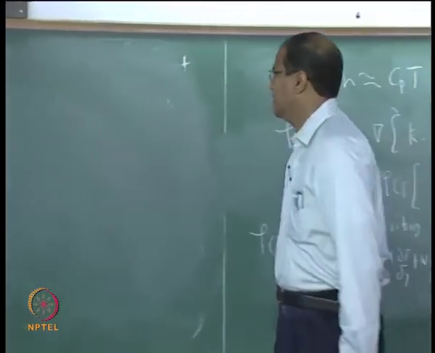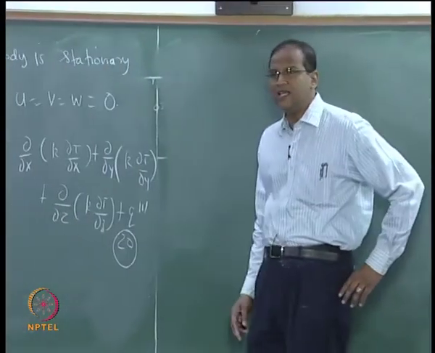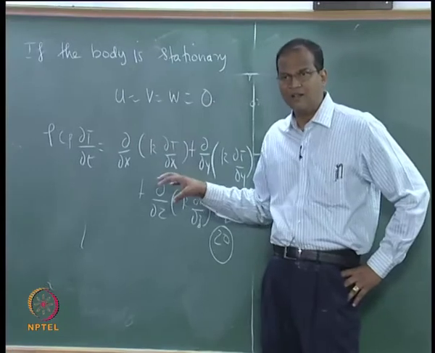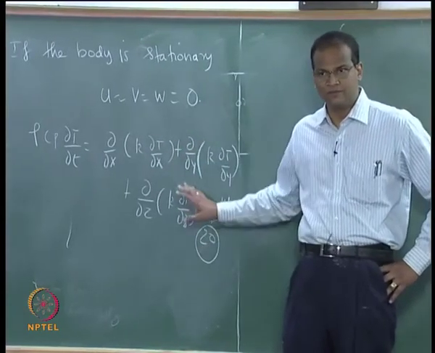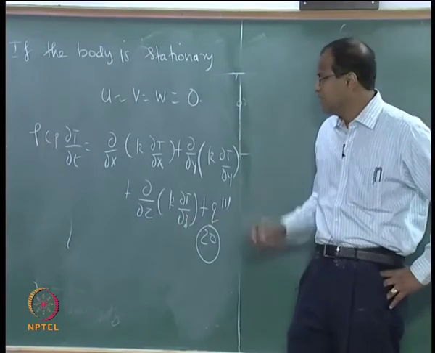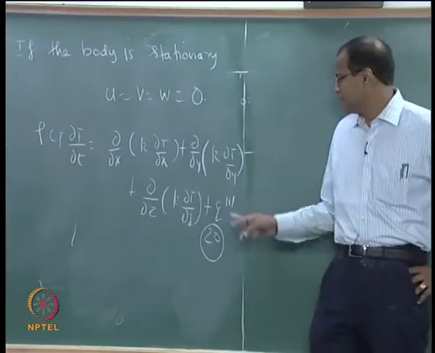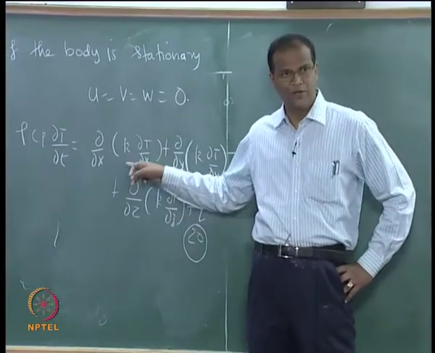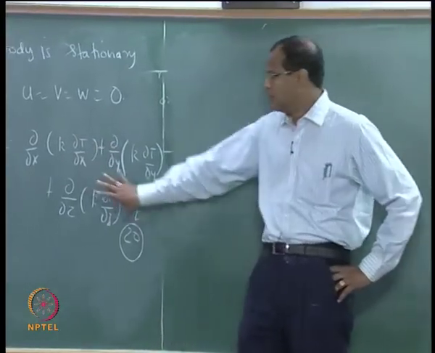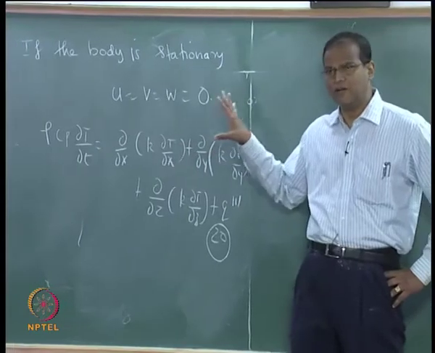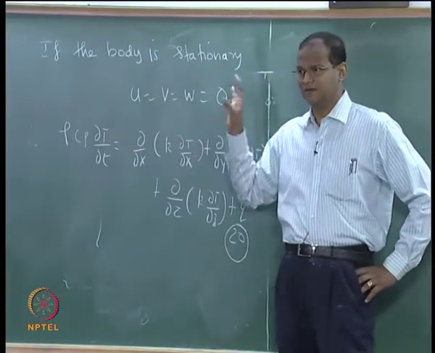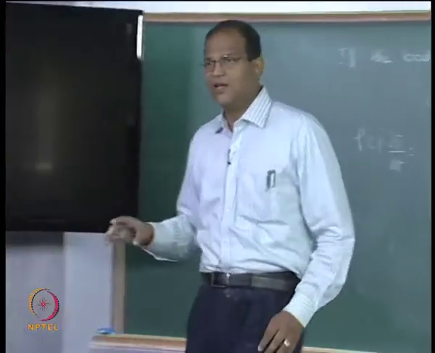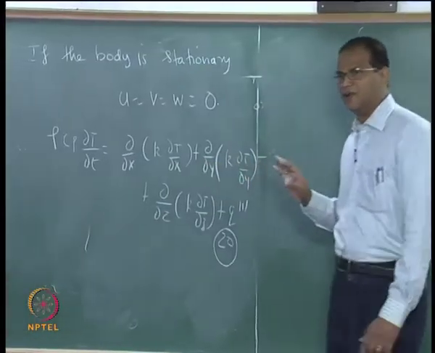Now, let us see. So, equation 20 is a very formal mathematical statement of the law of conservation of energy, wherein additional information has been injected, which as a thermodynamicist you do not know. A thermodynamics person is able to recognize this, but it is because you have studied heat transfer that you are able to put qx equal to k dT by dx. So, when information from particular laws which are applicable to particular media is incorporated into the general equations of conservation of mass, momentum, energy, it leads to the growth of new subjects, okay. So, this is a very formal mathematical statement of the law of conservation of energy.